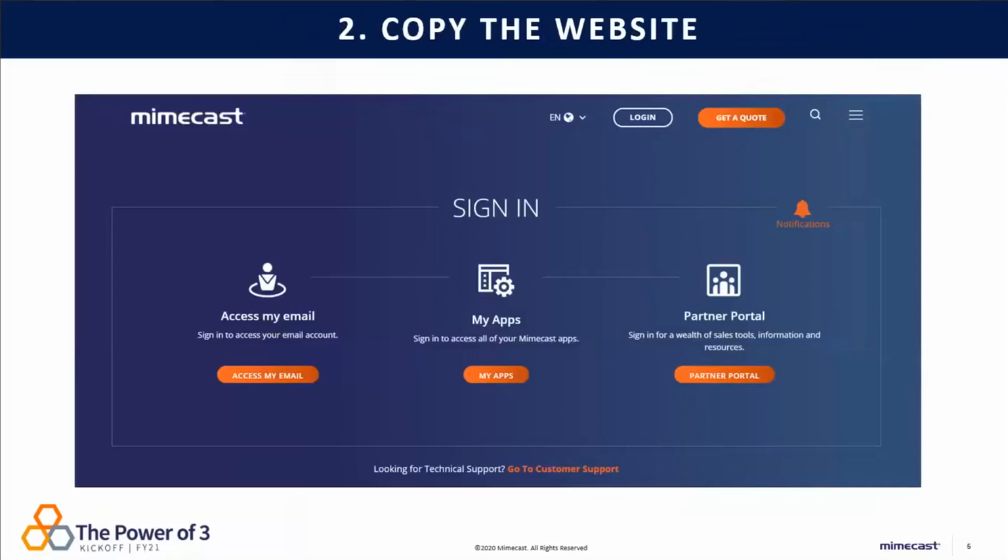Then they copy the website. Anyone on this call from a technical background knows that the source code for your website is publicly available, so this is pretty straightforward for hackers who can go and copy your website. The crazy thing about this is that when I went onto YouTube and checked how to copy a website, everything is laid out plain and simple in a 25-minute video.